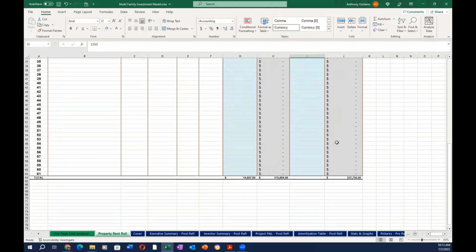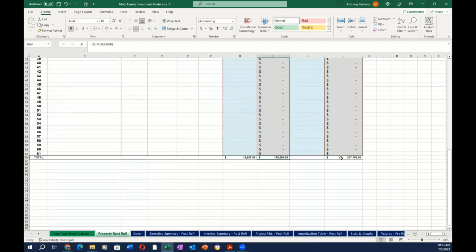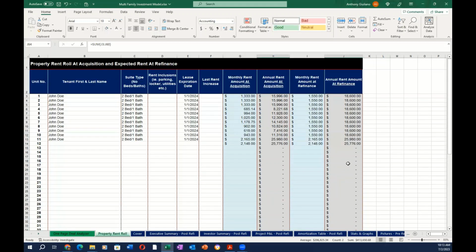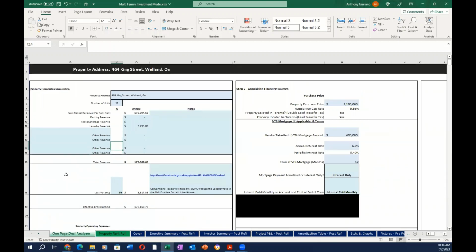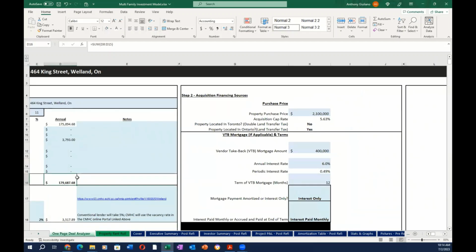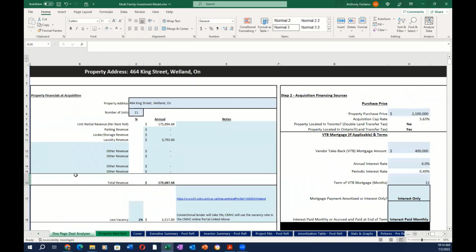So then once that's calculated, it'll calculate out what your annual rent will be currently and your annual gross rent at refinance. So once this is all complete, you will go to the next tab. It's broken out into various sections in the one-page deal analyzer tab, where we'll start by entering the property